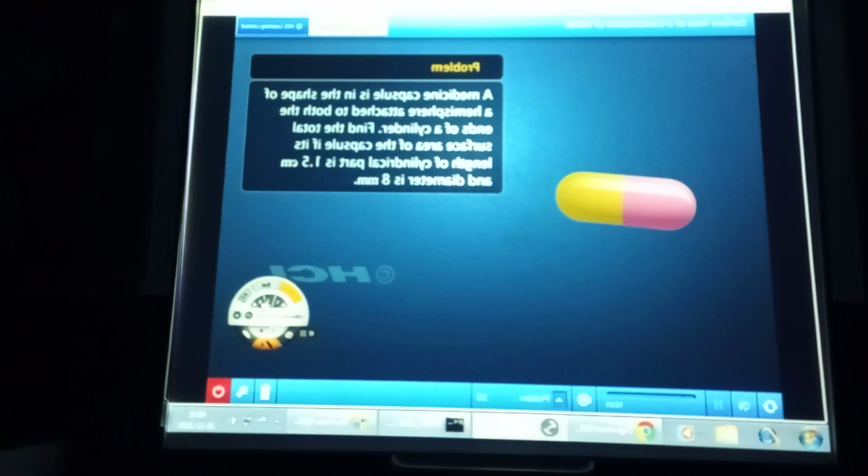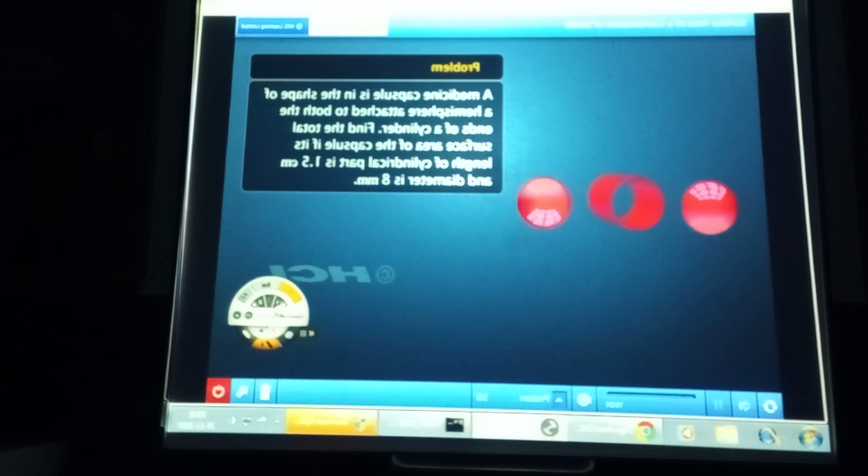A medicine capsule is in the shape of a hemisphere, attached to both ends of a cylinder. Find the total surface area of the capsule if its length of cylindrical part is 1.5 centimeters and diameter is 8 millimeters. ये देखो आपकी बुक में भी ये सम कैप्सूल वाला सम है ना। हाँ, ध्यान से इसको देखें कि हमने इसको कैसे फाइंड आउट करना है।